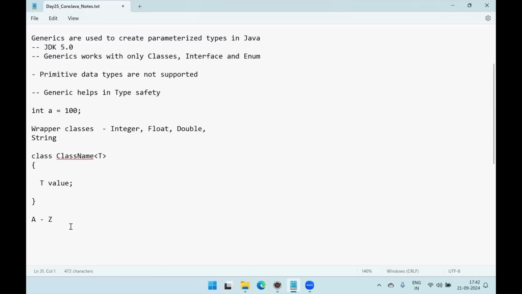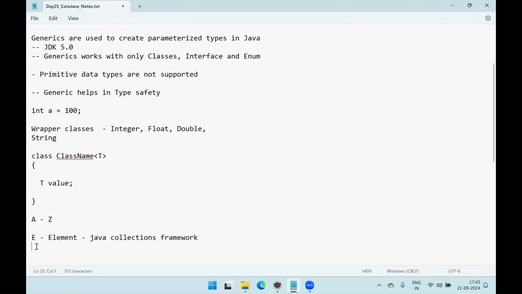And coming to these standards, right? What are the different standards that we generally use? This is a notation only. E is used for element, mostly used for Java collections. So instead of capital T, you can specify E. A to Z, anything you can specify. There is no restriction. We don't use small case. So better always use capital case only, A to Z. T is used for type and E is used for